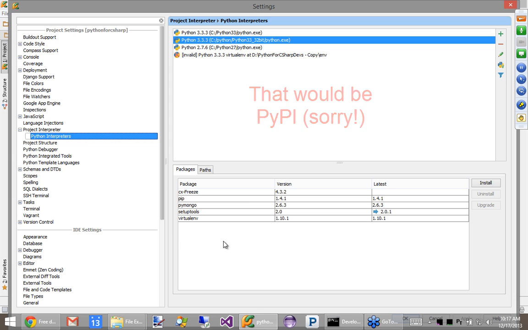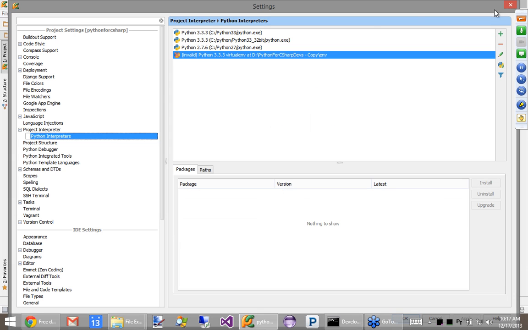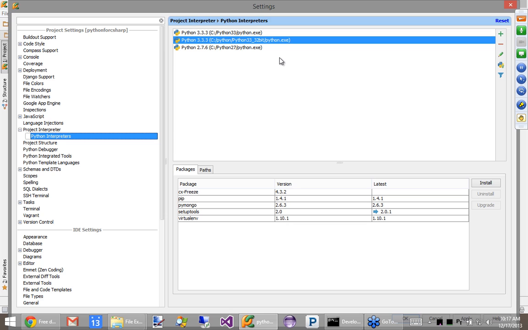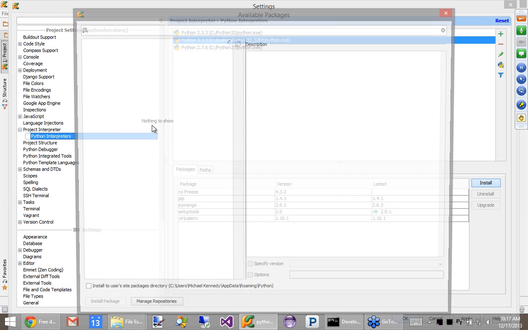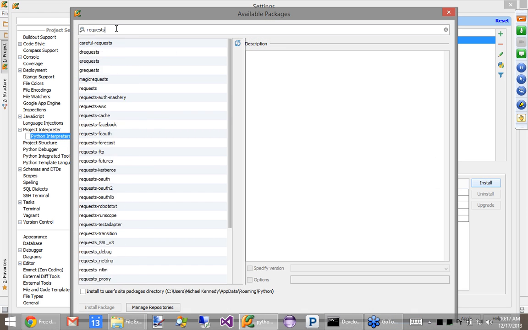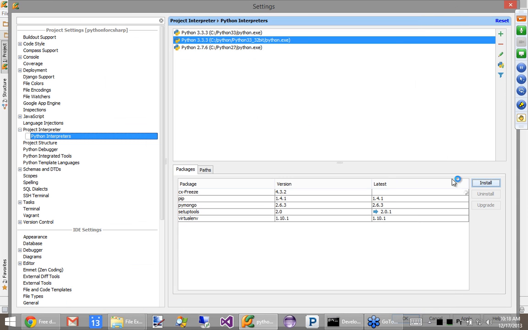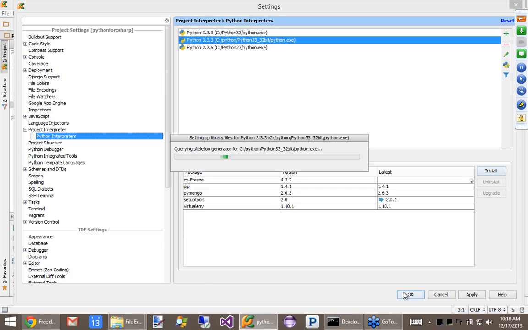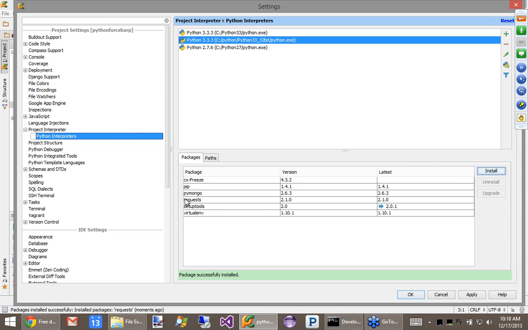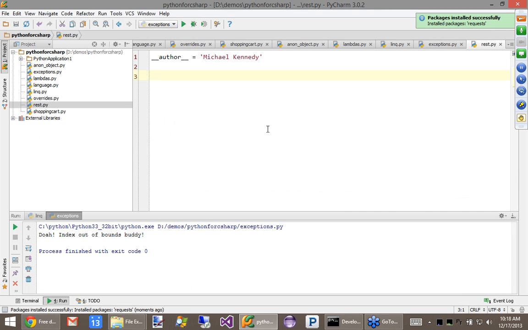And you notice these are my installed packages. I could use local instances, what are called virtual environments, which is what I would really do if I weren't racing around trying to do this demo for you guys. But I can come over here and say install requests, Python HTTP for humans, hit install package, close. You can see this little spinny thing down here. Okay. Now you see it's here. So I come over here and I would say import requests.